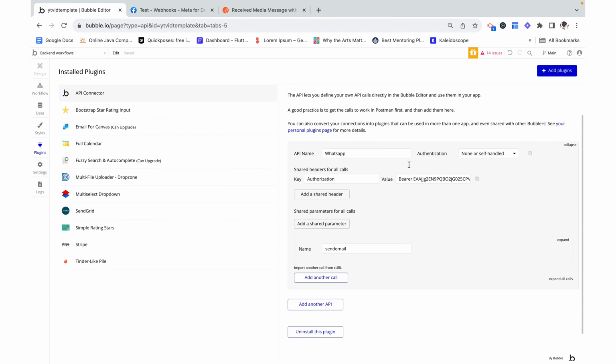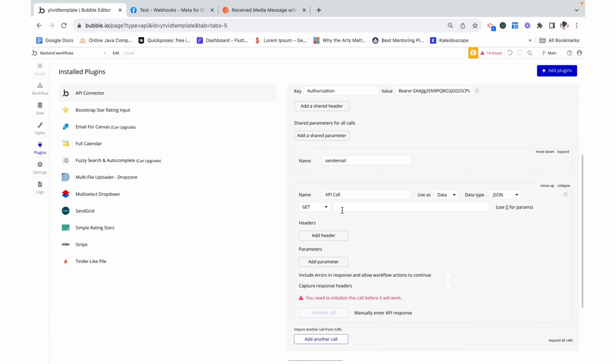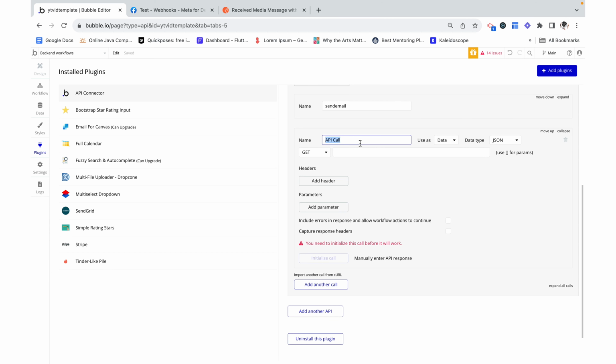You may or may not already have an API category called WhatsApp. If not, just make another. We want to add another call. This is going to be a call to get the media URL. We're given the media ID. We need to somehow get the media URL. And feel free to pause the video and just type this in. It's going to be